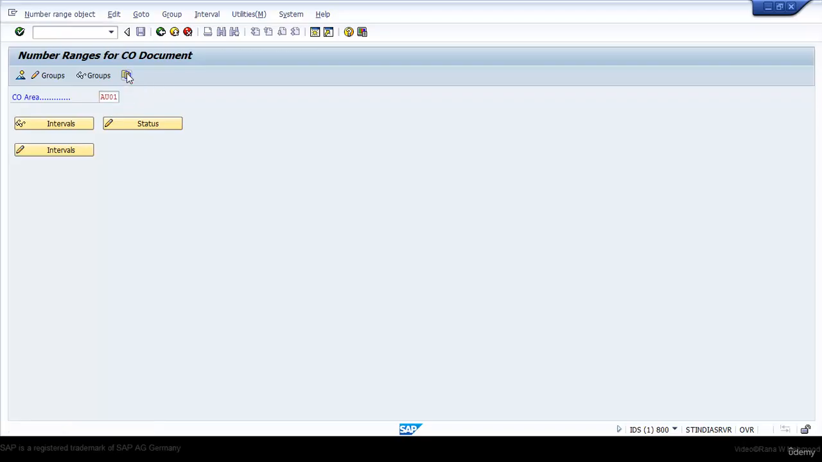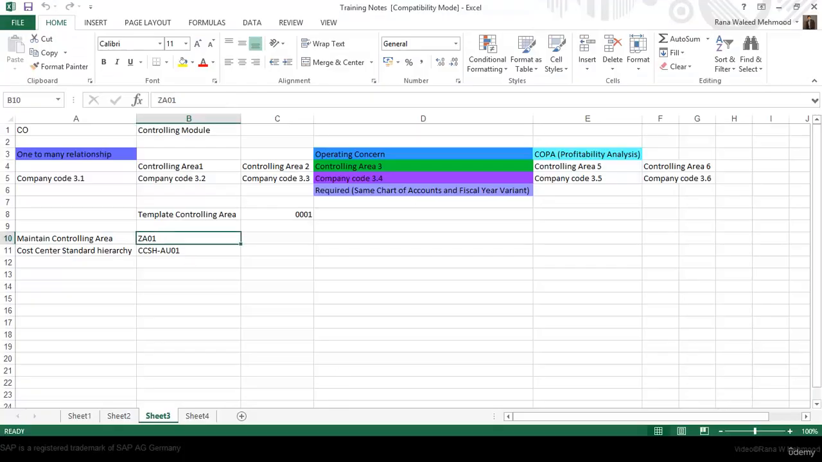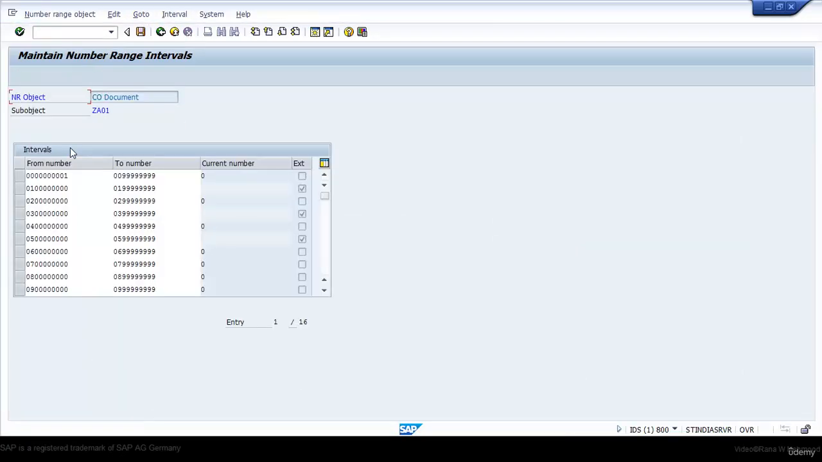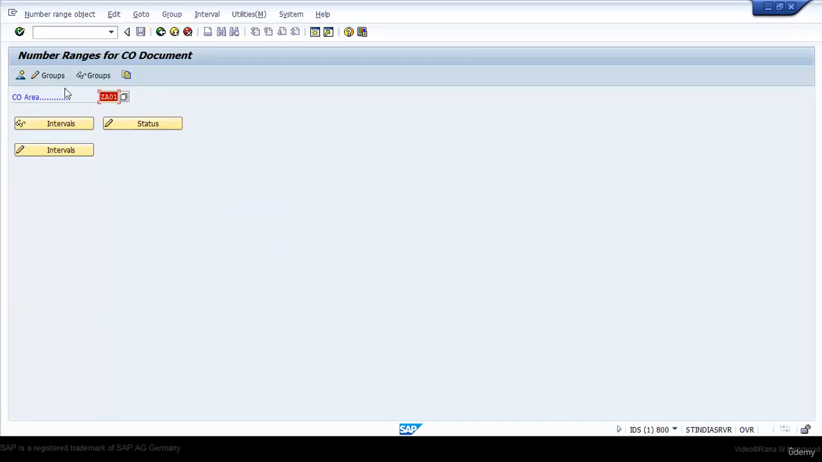Now click on copy, and you can copy from 1000. Sorry, our controlling area is not AU01, it is ZA01. Click on intervals. Yes, it does exist. So all these number ranges exist for your controlling area. And if you go to groups,